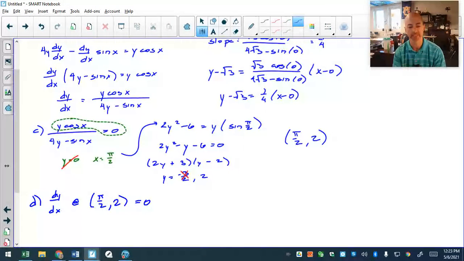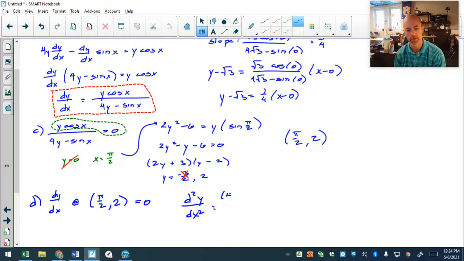We already know the slope is 0. If we can show that the function is either concave up or concave down, we can conclude that we have a max or a min. So now I've got to find the second derivative of this thing right here. So I'm going to box that so I can see it easily. We have to do a quotient rule implicitly. So my second derivative